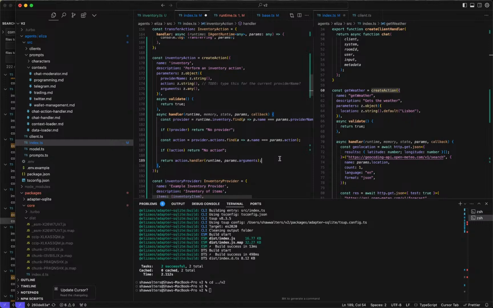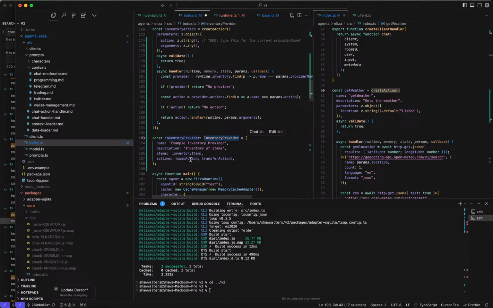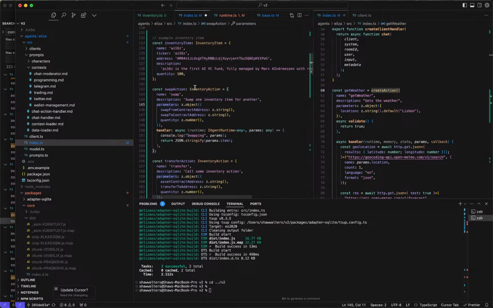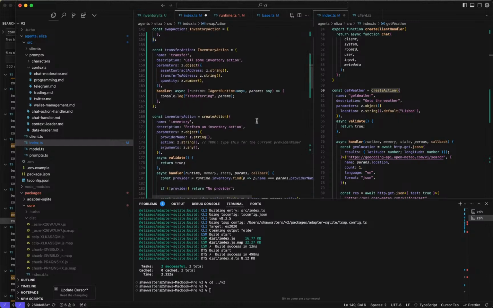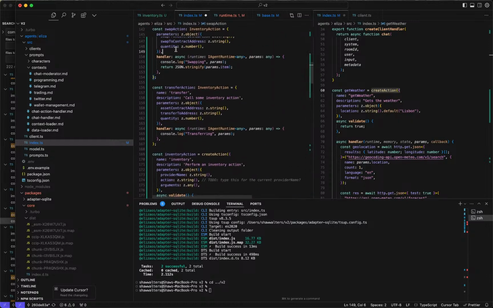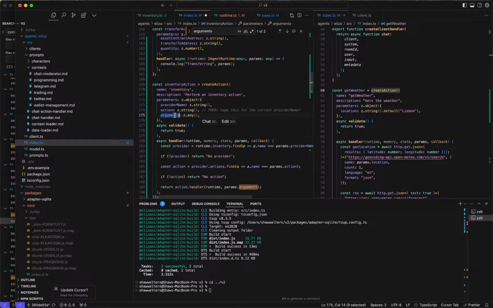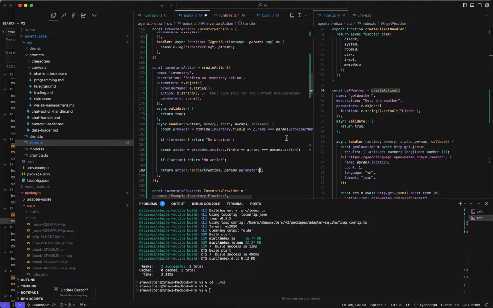So we get the context of the registered inventory providers, and we'll have to make those. I mean, this would work with hard-coded data, but we still need to have an actual inventory provider and inventory action. And if I look, I can see that I have this inventory provider registered with a swap action, which takes these parameters, which maybe we want to be, I think that will, okay, maybe it's confusing because some stuff is saying arguments. What we really want is probably parameters. So then console, calling action,